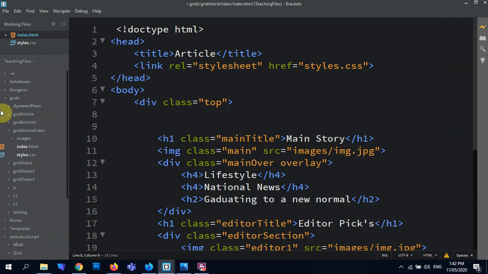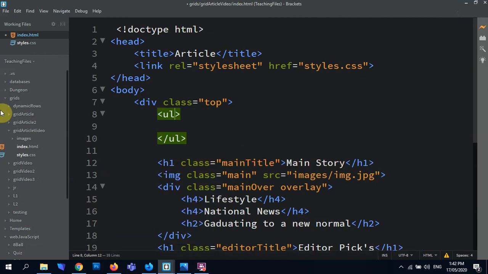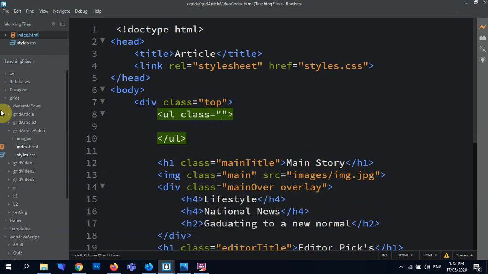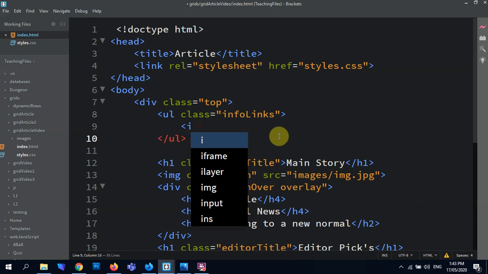Right, so this is where your first unordered list is going to come in handy. Now obviously we're going to give this a class so we can position it, because we're going to have more than one unordered list. Infolinks, I guess we'll call it. Right, so in terms of this here,